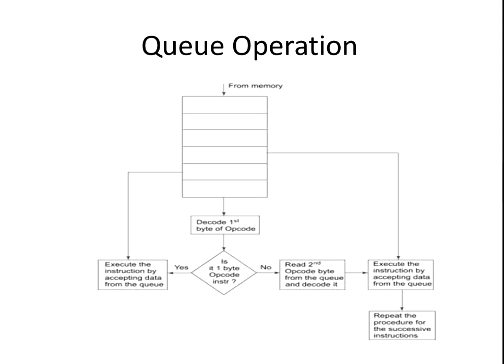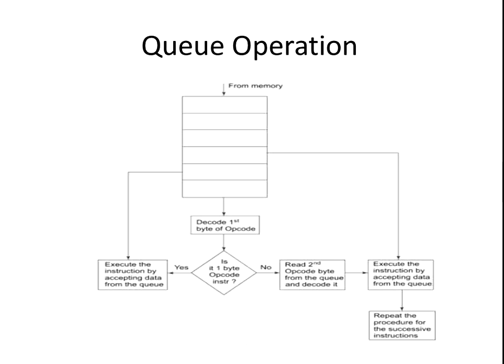So at the beginning, when the IP is loaded with the required address from which the execution is to be started, at that time the queue will be empty and the microprocessor starts a fetch operation to bring 1 byte of the instruction code. So that will be loaded and stored in this instruction queue. When the first byte from the instruction queue goes to the decoding part, that is in the execution unit, the microprocessor does not perform the next fetch operation till at least 2 bytes of the instruction queue are emptied.